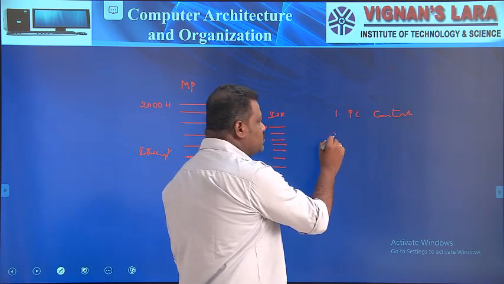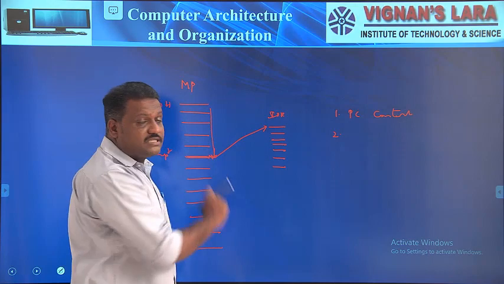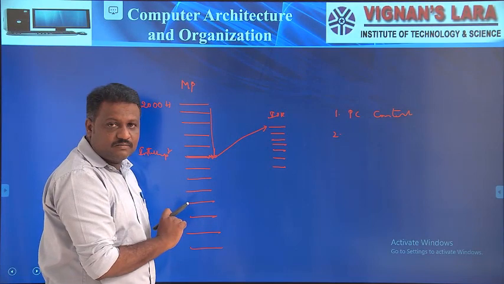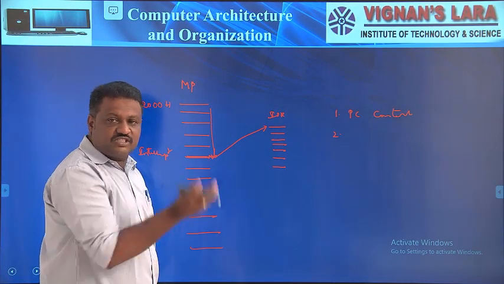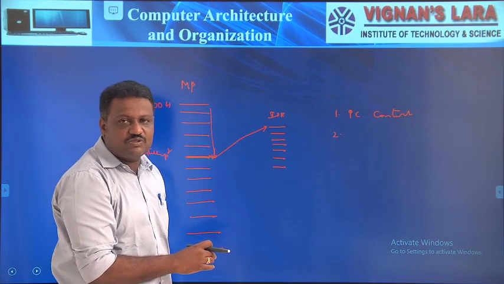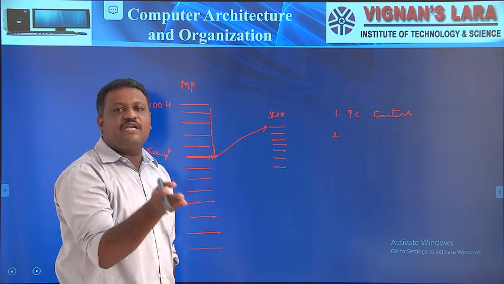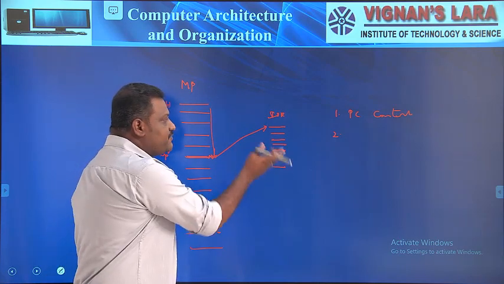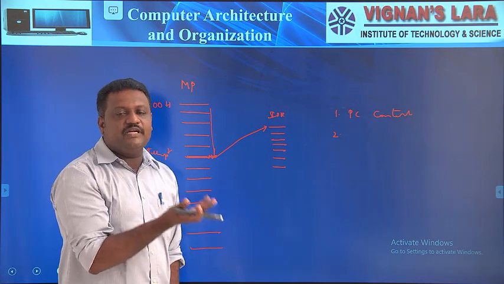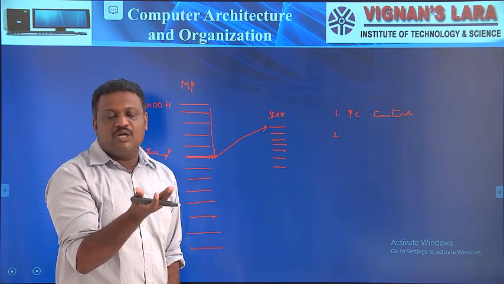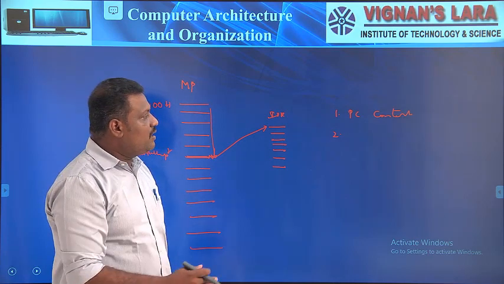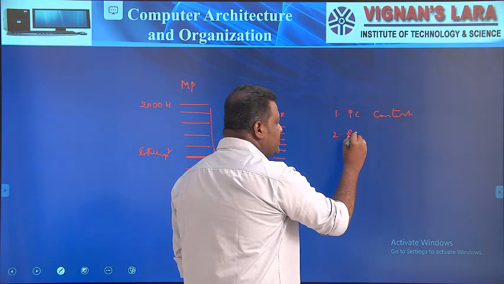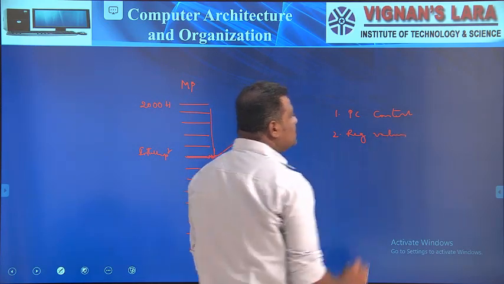The second thing is I have to copy different register values which I already used in this program execution. There might be a chance the same registers are used during the execution of the service routine, and definitely the values already present in the registers change. Once you come back from the service routine to the main program, we don't get our previous register values. To avoid that difficulty, I have to copy the register values onto the stack itself. The second thing is, register values are also stored on the stack.